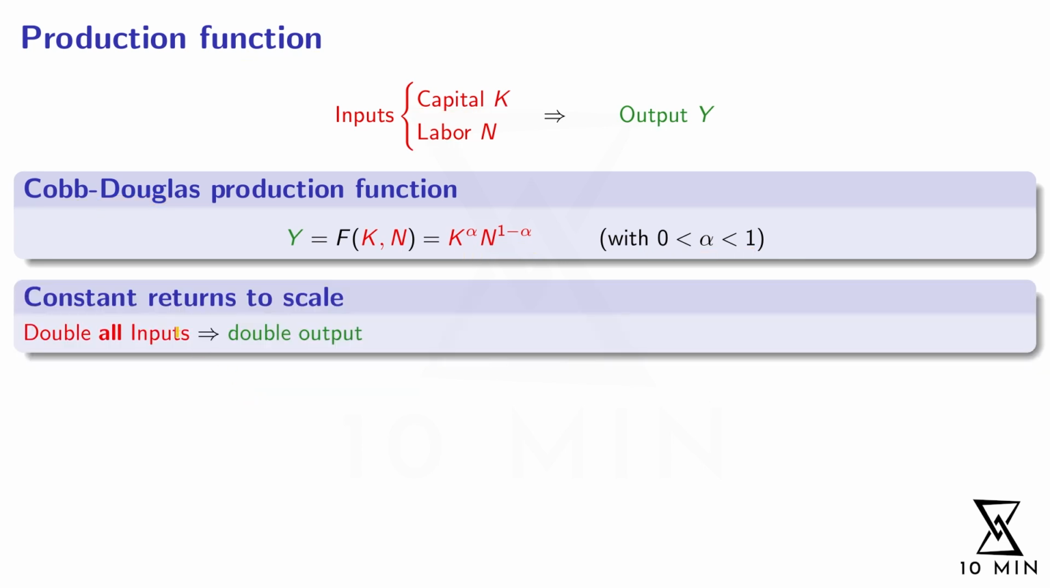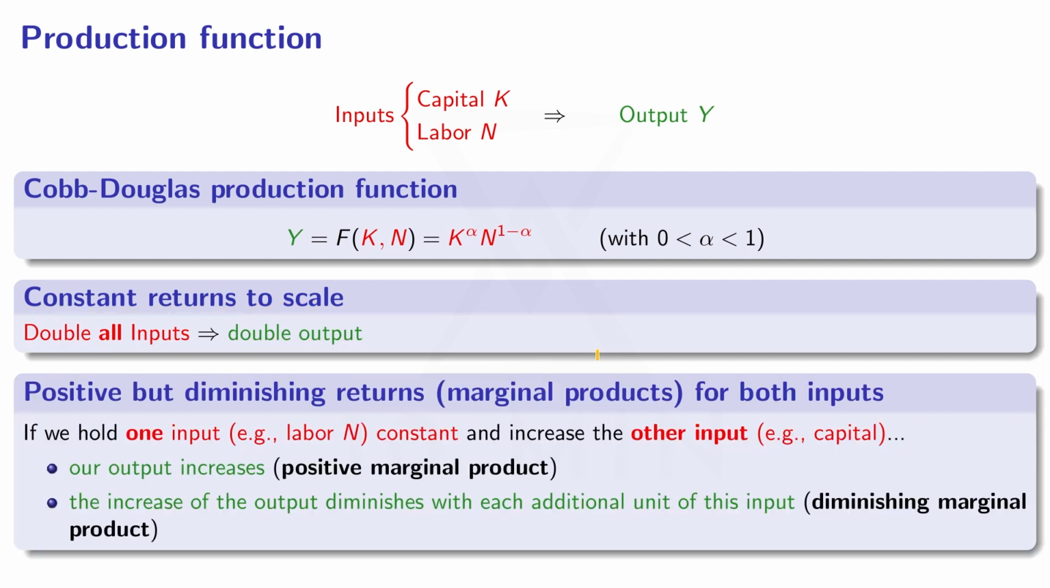And the first property is constant returns to scale. The following property holds if we double all inputs at the same time. So for example, we use twice the amount of machines and twice the amount of workers, then we double the output in the economy. In contrast, the second important property, that's the positive but diminishing returns or marginal products of